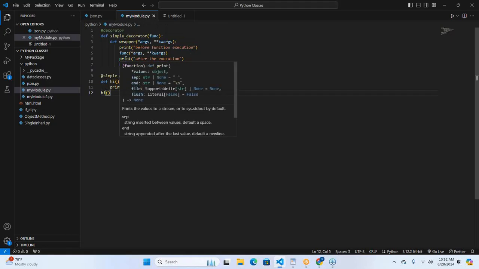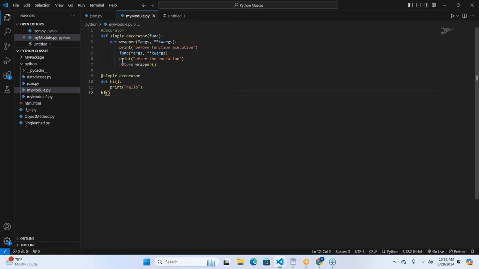So we did the function. So it will print after the execution of this code. So here we read,